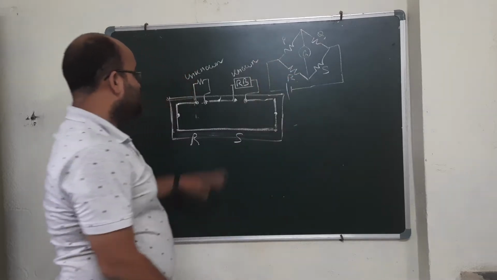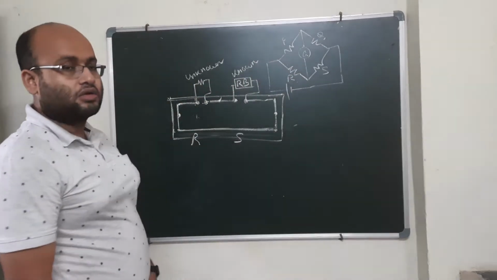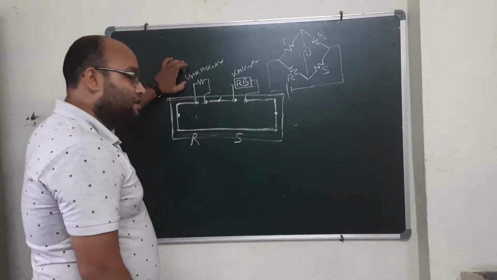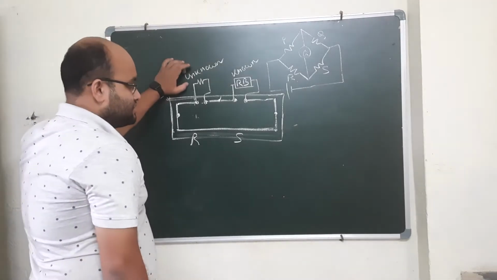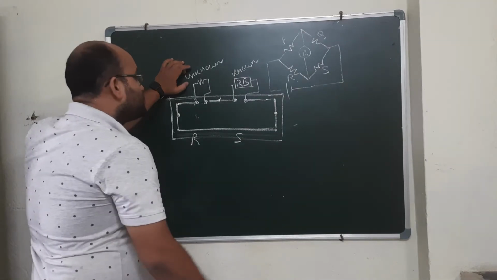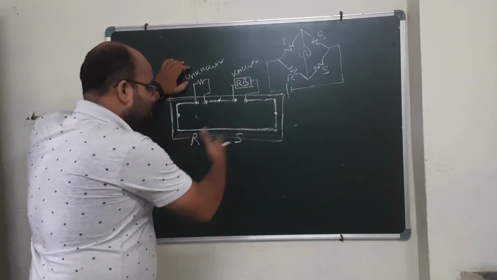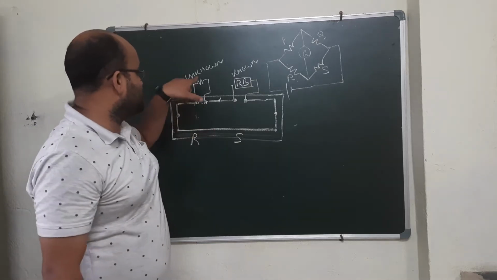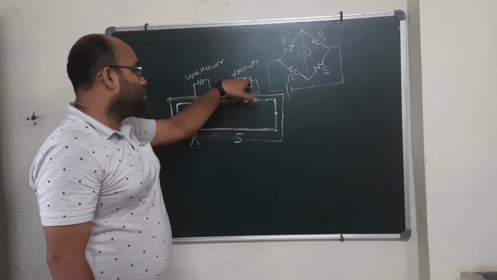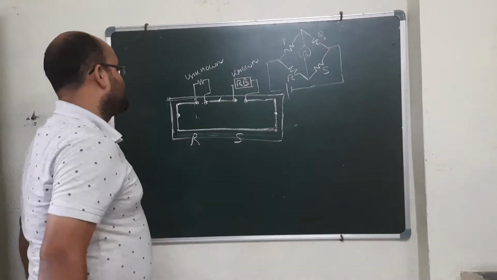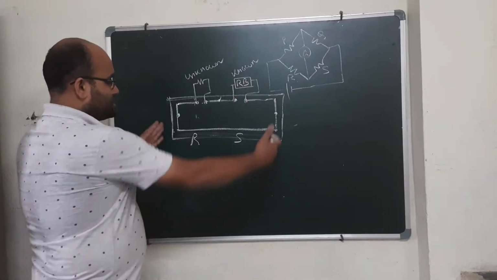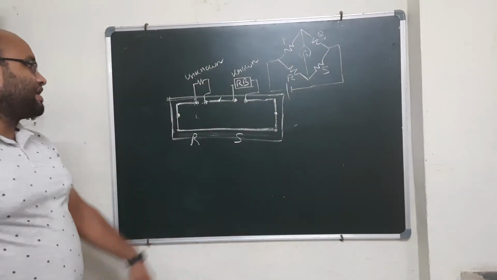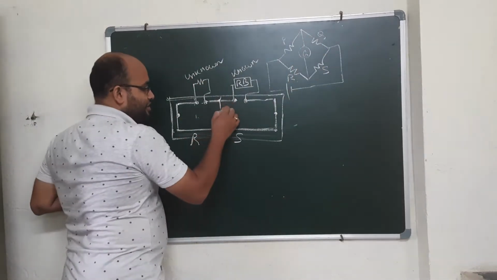Okay, this is a known one, this is an unknown one. So what we need to do is calculate the value of this unknown resistance. Okay, so how to do it? This is our configuration. As I told you, here we have two gaps. This is unknown, this is a known resistance, the two gaps, and this is a combination of both R and S. So as you see in the diagram, we have a galvanometer connected here,